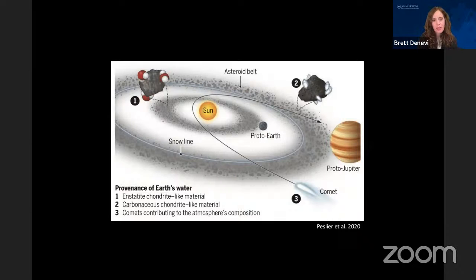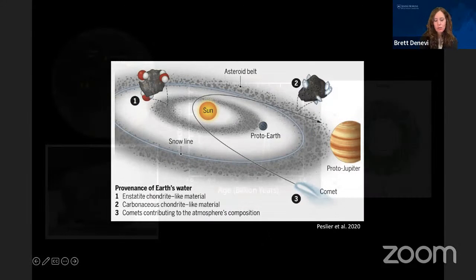The late heavy bombardment is also really important for understanding how Earth got its water. One of the key ideas is that Earth formed originally with less water, but because of impacts from either water-rich asteroids or comets coming from the Kuiper belt, a large fraction of the water that makes up Earth's oceans was delivered later. Some of these models are known as the late veneer. The water delivered to Earth was part of a late veneer of organic molecules and water coming to the Earth from the outer solar system. So there's a lot of reasons that it's really important to understand its timing, how it happened, how extensive,